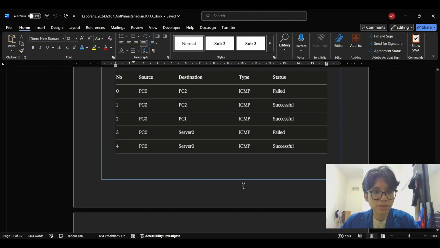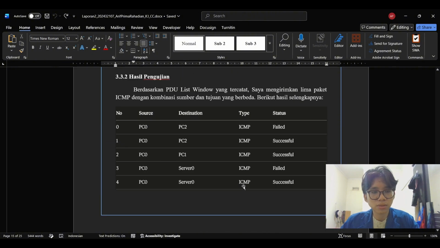If ACL 101 only blocks ICMP to server 0 from PC0, the answer is ARP resolution. When a packet is sent for the first time, the router and switch need to map the destination IP address to MAC addresses through the ARP process.